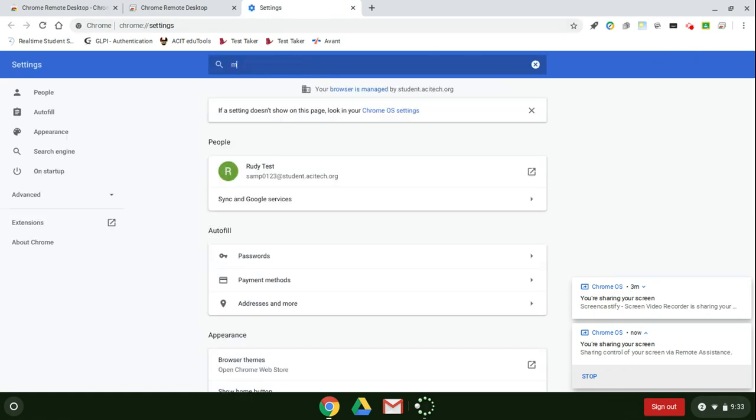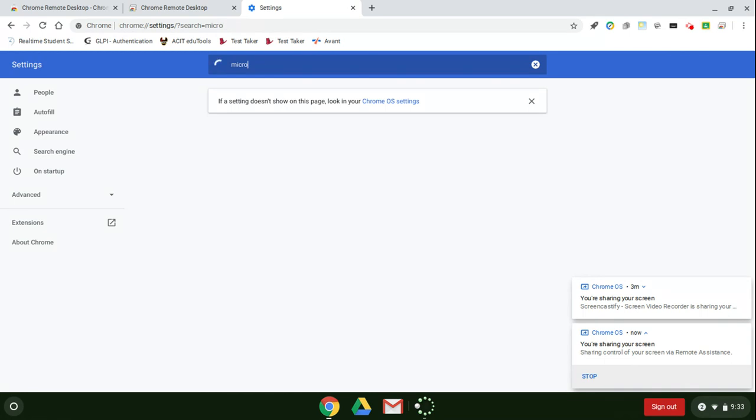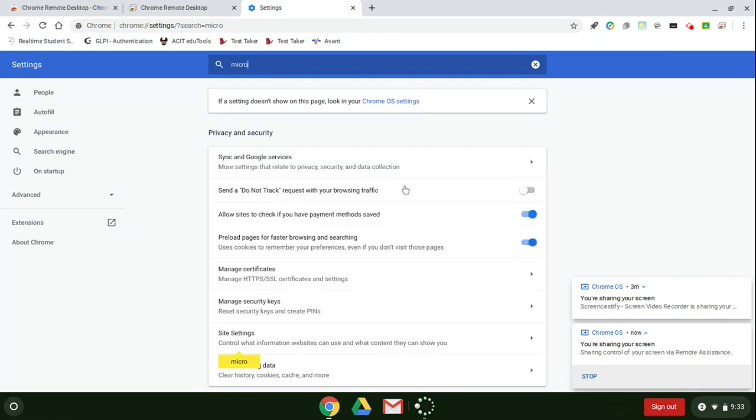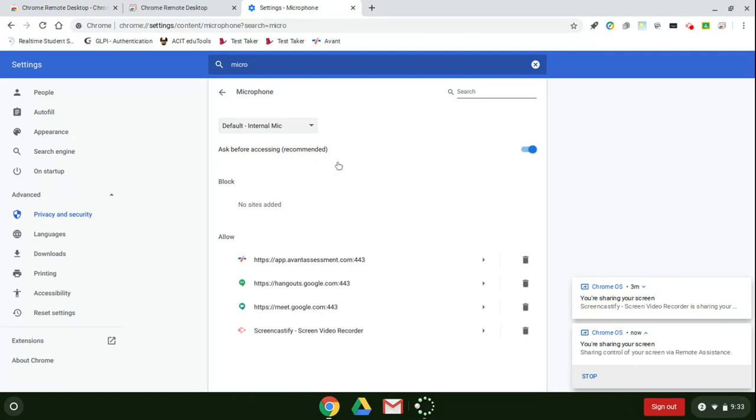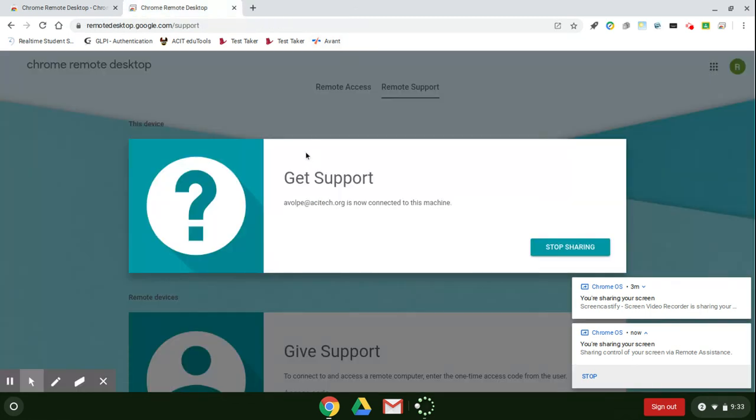So if you have an issue with a microphone, for example, they can go into site settings remotely and make sure that your mic is turned on and that it hasn't been blocked by any specific sites, and hopefully resolve